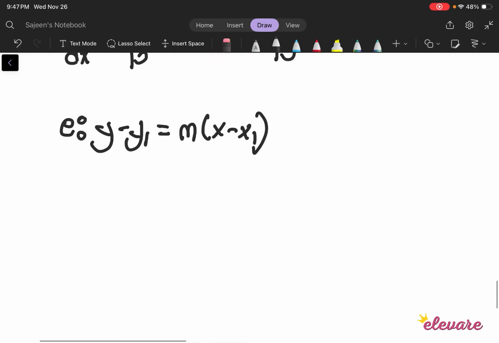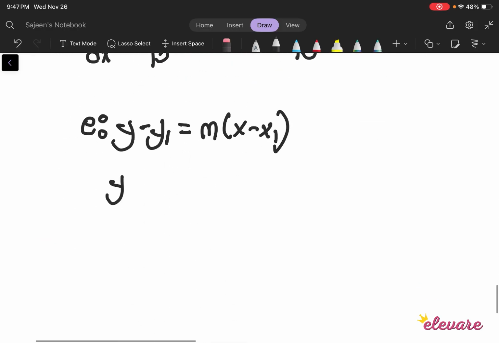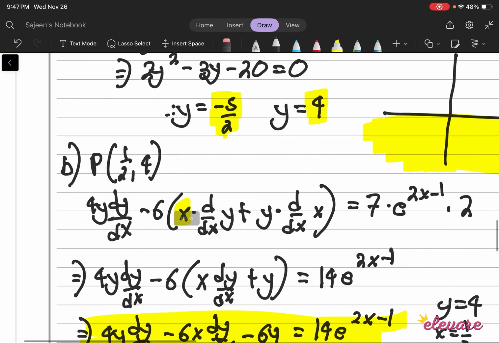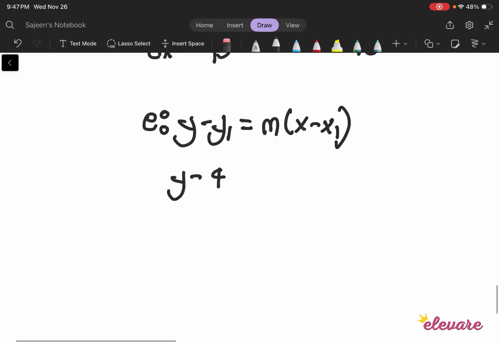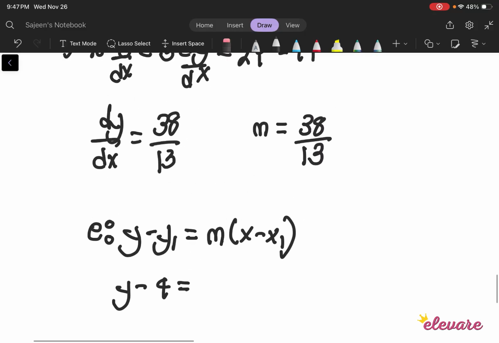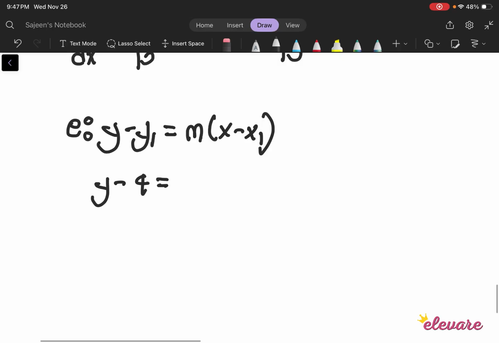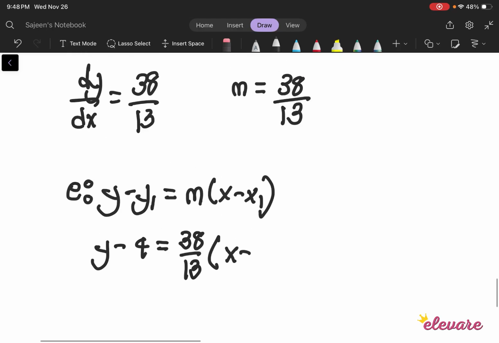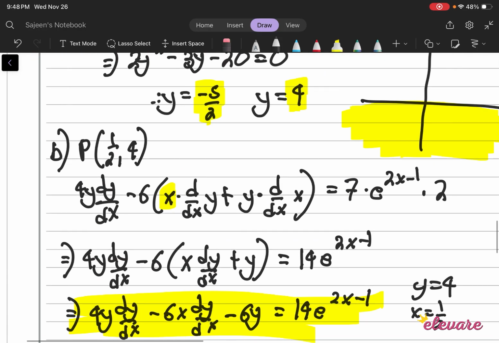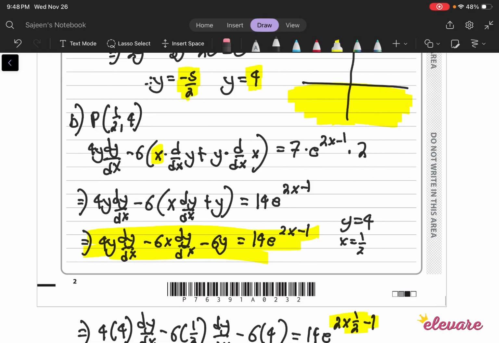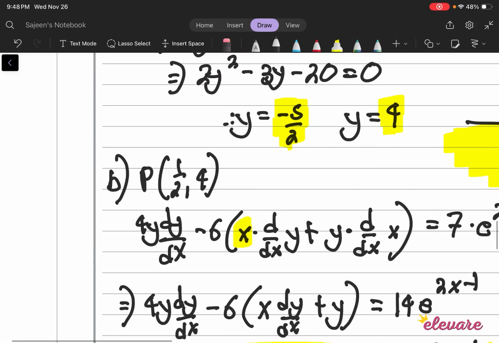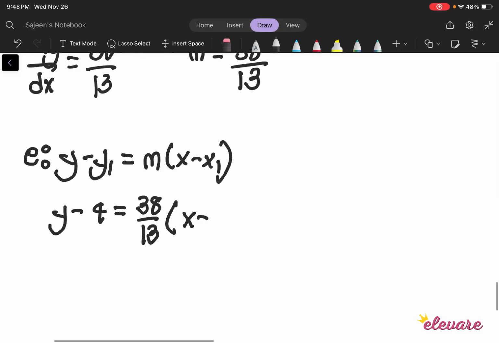So isn't my answer gonna be y minus y1? y1 is gonna be my p এর যে y coordinate which is 4, so y minus 4 is equals to আমার m এর value টা তো আমি পেয়েছি 38 by 13, right? So 38 by 13 bracket x minus x1. x1 তো আমি অলরেডি জানি, right? x1 হচ্ছে আমার কত, half, because আমি p এর জায়গায় tangent টা পাওয়ার চেষ্টা করতেছি, সো আমি p এর coordinates গুলো এখানে use করব. ওকে, সো x minus half,